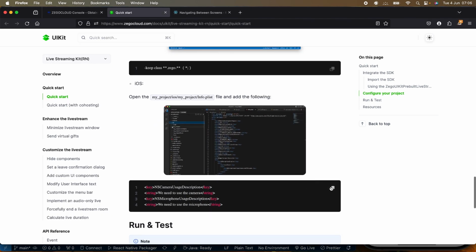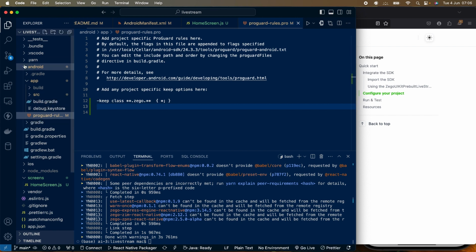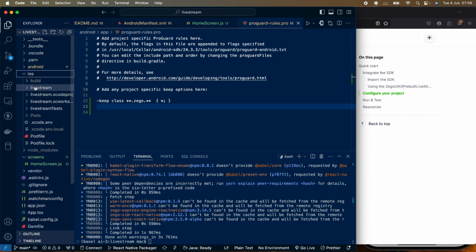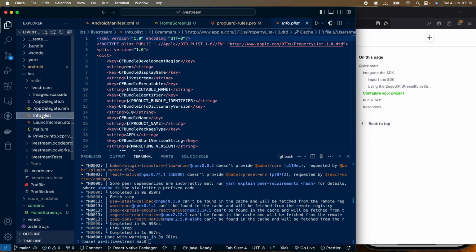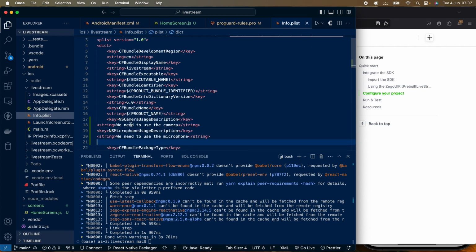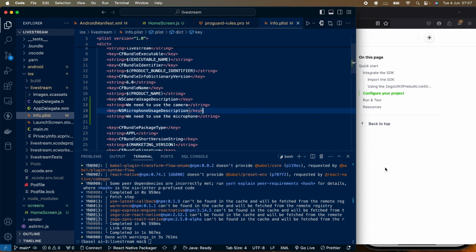For iOS, we need to add these to the Info.plist. So we go to the iOS folder, then livestream, then Info.plist. Add it as a key. Add it here. So here like this,